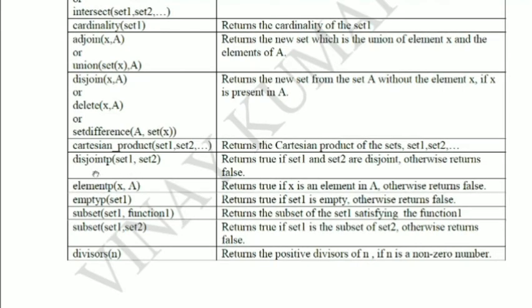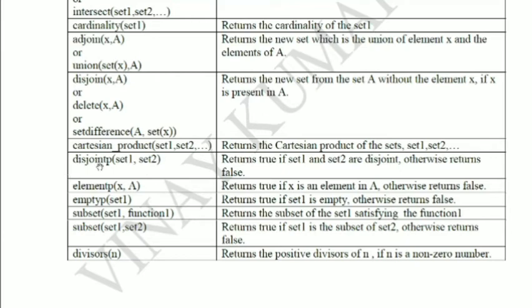Then disjoint predicate. So you are predicting whether set 1 and set 2 are disjoint or not. What is meant by disjoint? Any two sets are said to be disjoint provided they don't have a common element. That means their intersection will be empty. Set 1 intersection set 2, if it is empty, then they are disjoint.